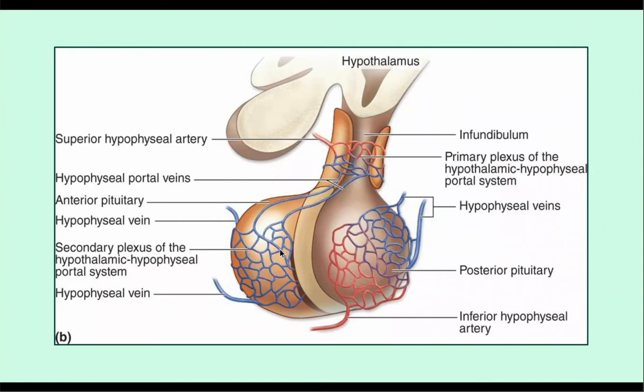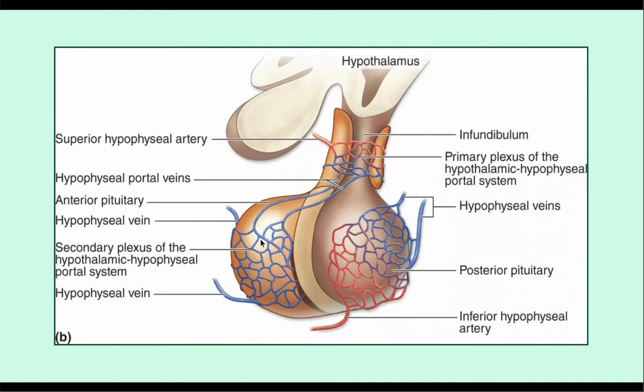The anterior one is a bit more complicated. It's derived from the Rathke's pouch, as you will remember from anatomy. So the way it's connected is that you still have the cell body in the hypothalamus, but the axon terminal somewhere in the median eminence. So over here it releases its vesicles containing the hormone, and it makes its way into this primary capillary plexus. From here it travels down this portal system and then eventually reaches the anterior pituitary, where it influences